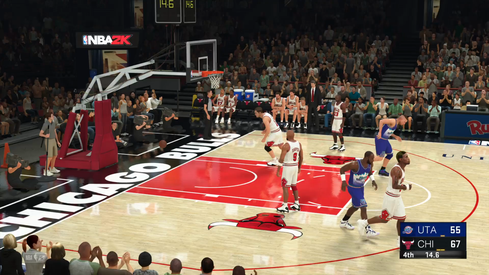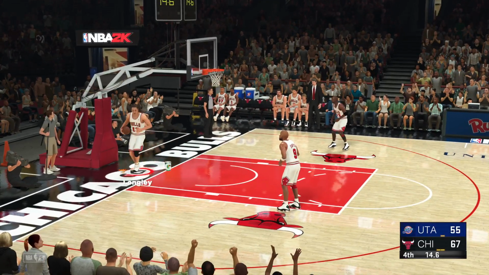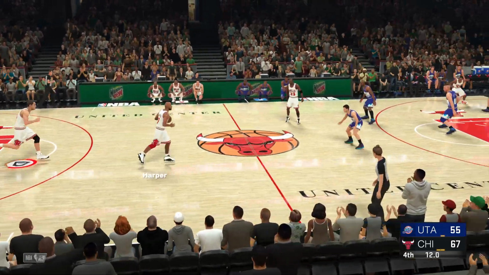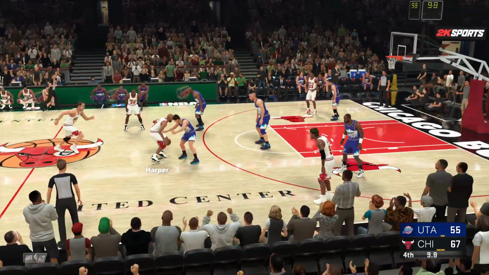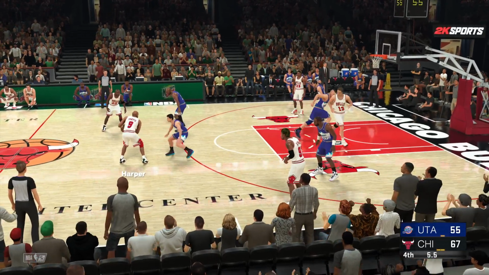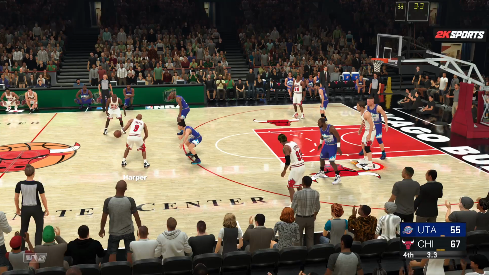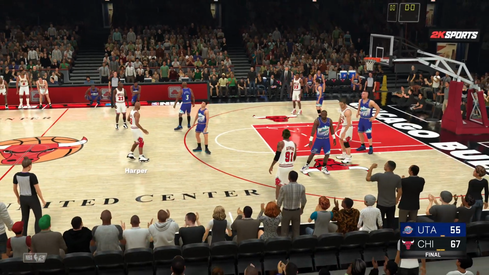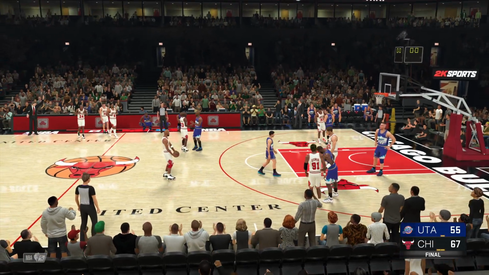And it's Ostertag with the jam. Nothing soft about the putback there. And why chance it, right? Take the dunk if you've got it. And that's his MO. Be physical, get in position for the putback, and throw it down. The defense got to know that's what he's looking to do. Harper with the ball. And so Chicago takes this one, and by a big margin.